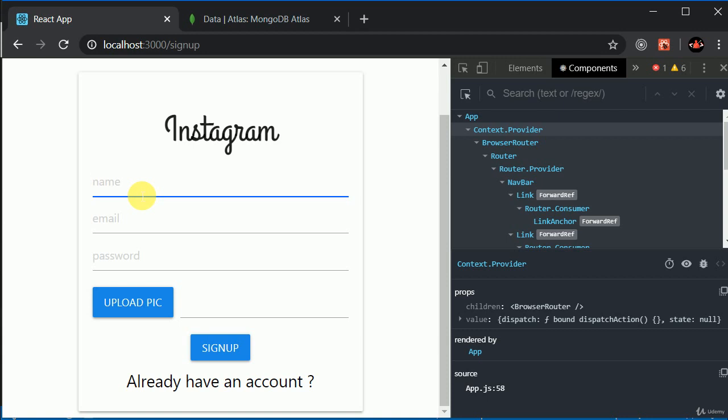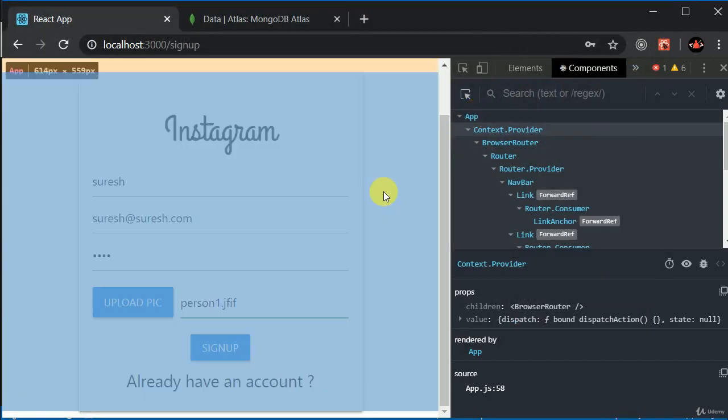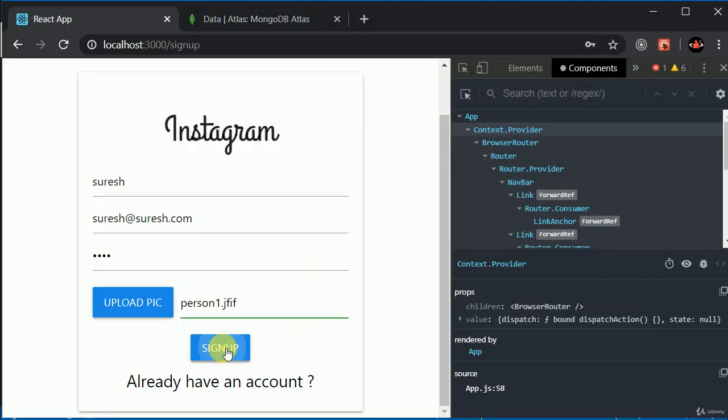Let's sign up with Suresh, and the email will be suresh@suresh.com, and the password will be 1234, and maybe we can upload the picture of Suresh. Maybe this one, and sign up.